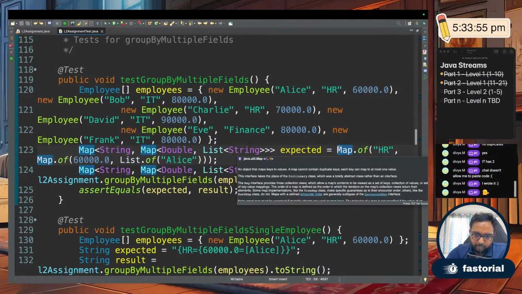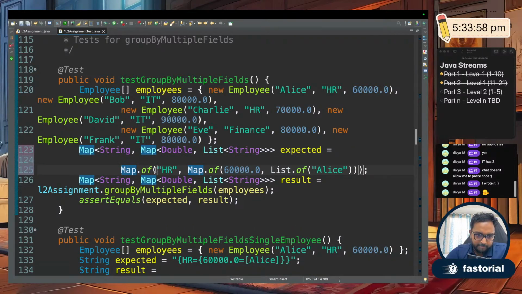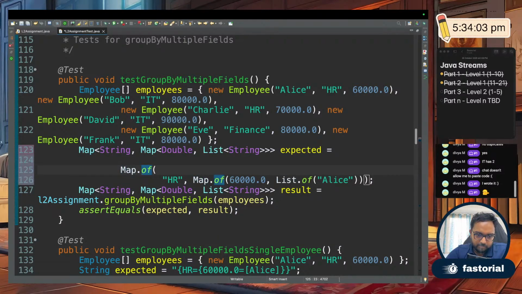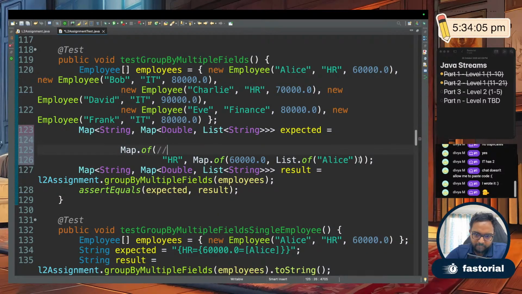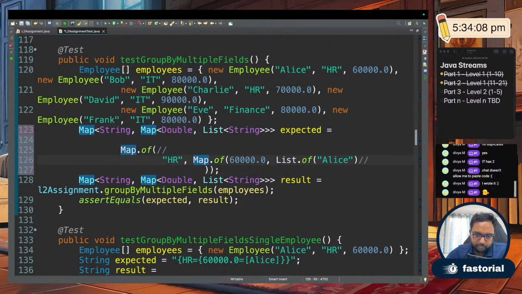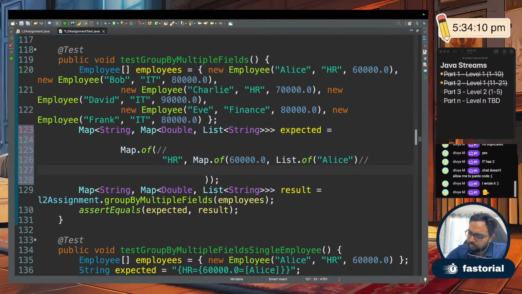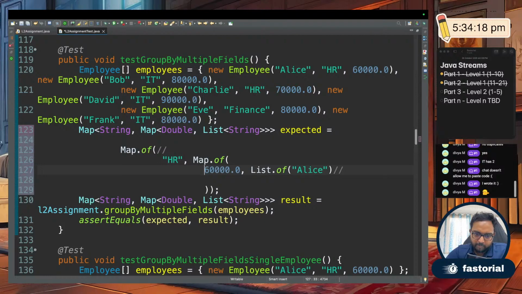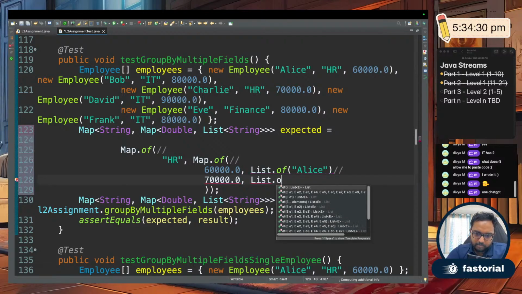Let me write it properly. So you have map. This is the key. This is the value. Okay. Key value. Next key. It should come inside this. You have map.of key value. Next should be 70,000. Oh, 70,000, list.of